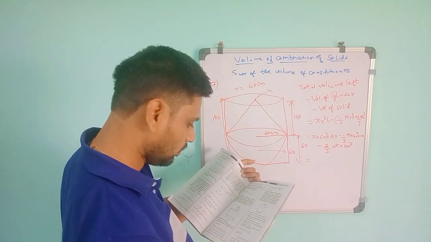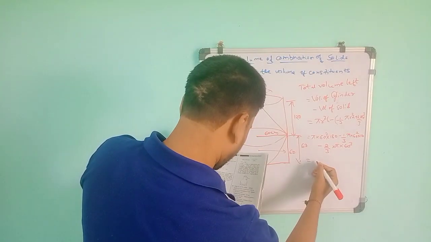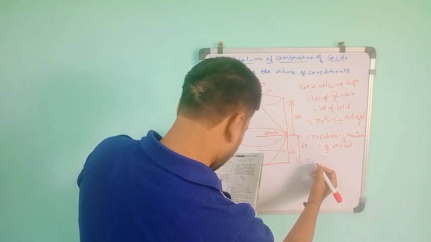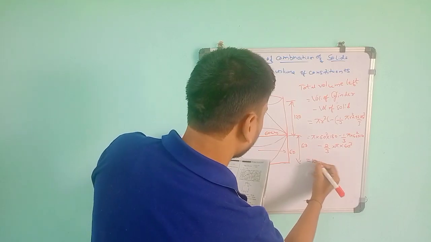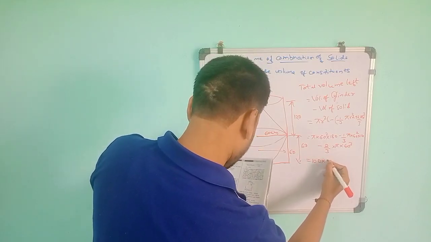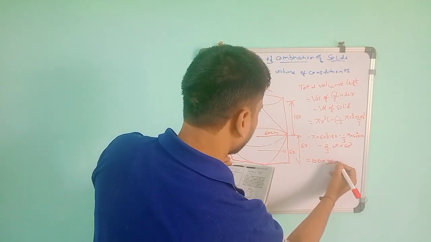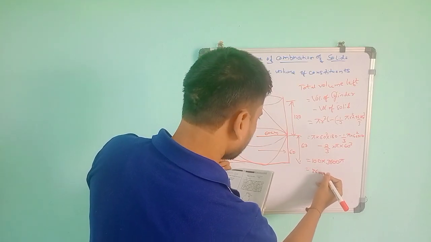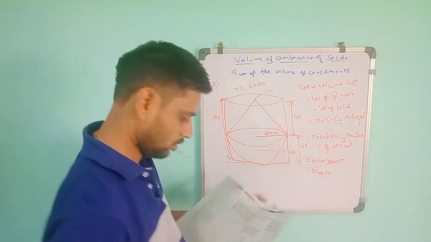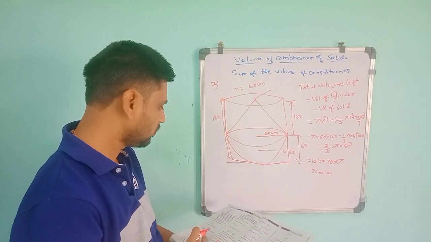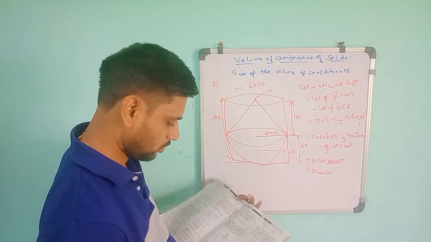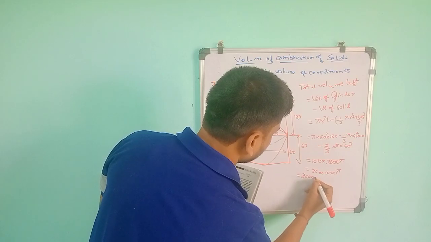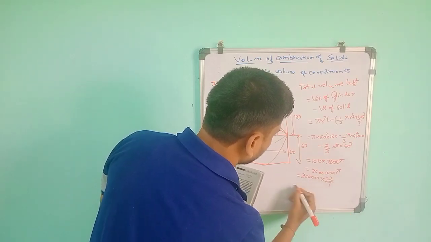This will give you the answer after calculating 3600 pi. So it is 3,60,000 into pi. So 3,60,000 into 22 by 7. So this will give you